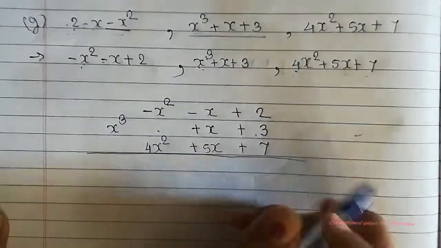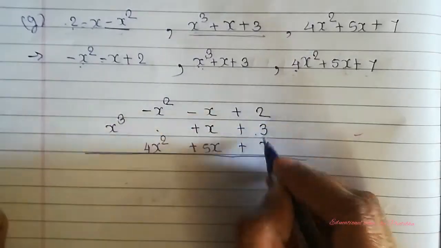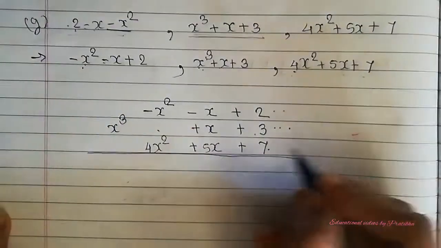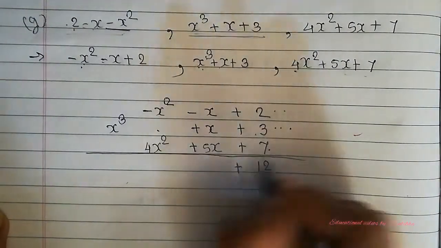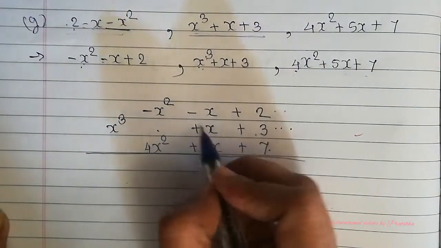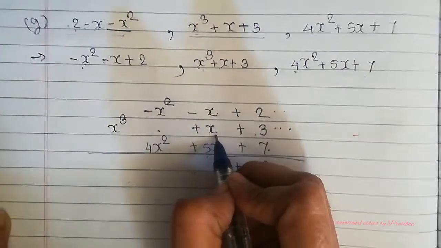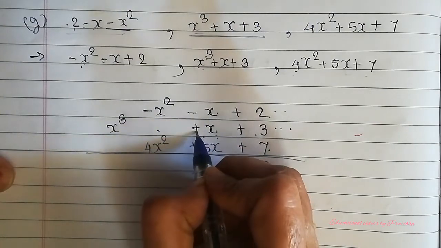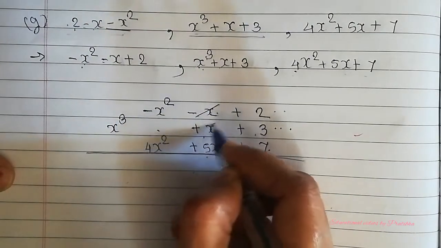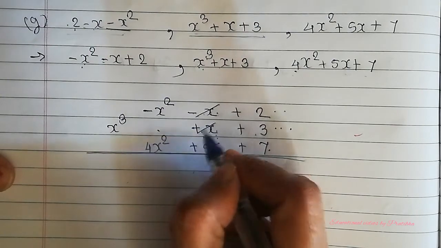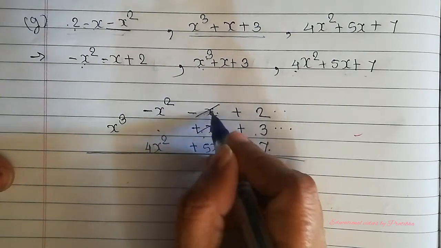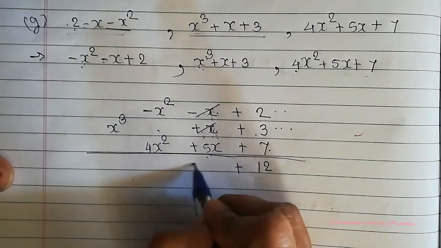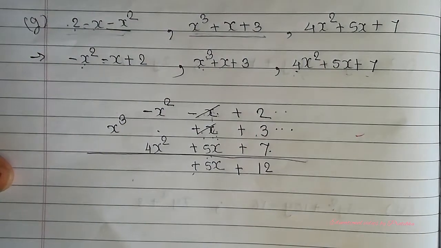Now let us solve it. Let us start with the constants. 7, 8, 9, 10, 11, 12. So I'm going to write 12 here. Let us do the middle terms. Here for the first two lines, as you can see, the x variables are same, the coefficient is also same, but the powers are different, so we can cut them, because plus and minus will give minus and we have to do subtraction. After subtracting, the value of these two terms will be 0, so I'm directly cutting them. Now what is remaining? Plus 5x. So I'm going to write it as it is.